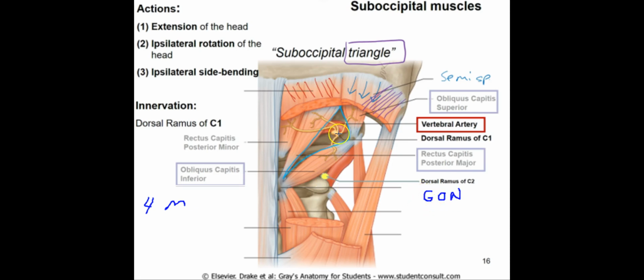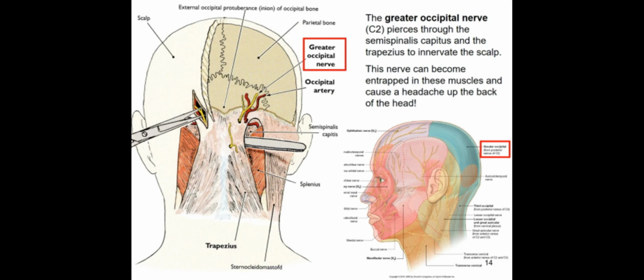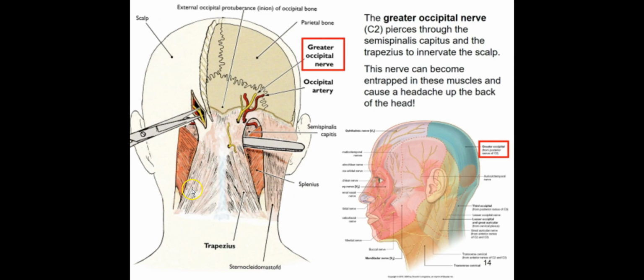So we're going to identify this muscle, this nerve. So now let's see where that greater occipital nerve is going. Here we have all the muscles back in place. So this would be your upper trapezius, or the trap muscle. This would be your splenius muscle. And just below it, just peeking through here, we could see those